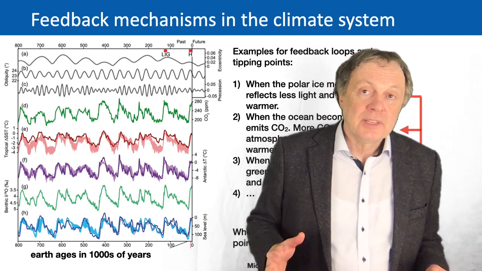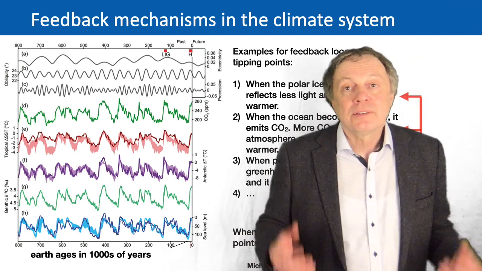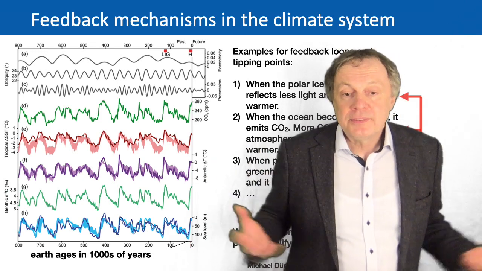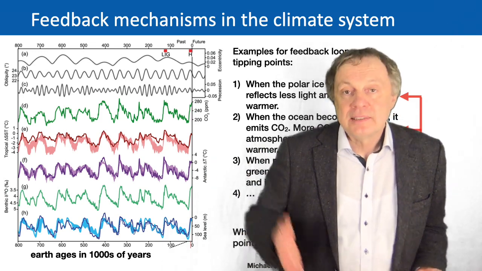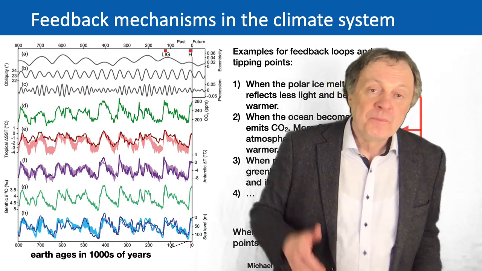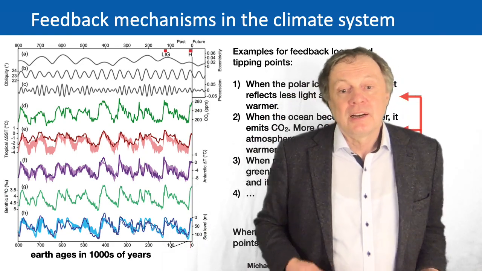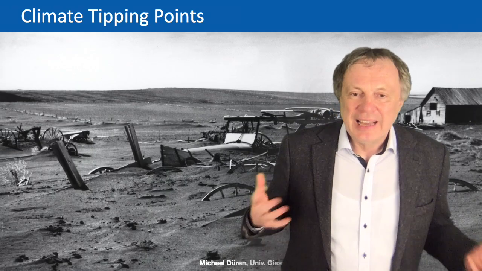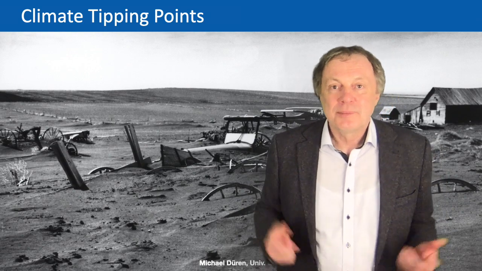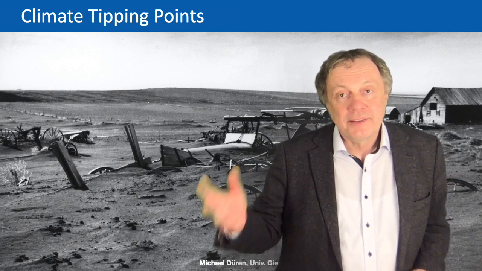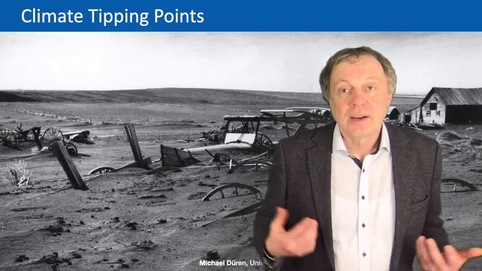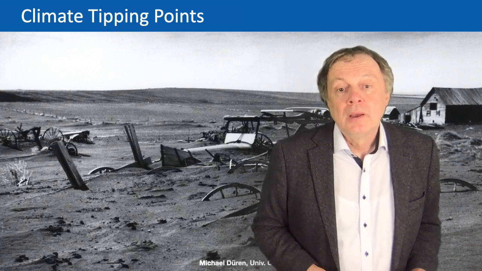Yeah, so these were three examples, and there are a lot more examples which show you that whenever you change something in the climate system, there are a lot of reasons why there's a positive feedback loop. And these feedback loops are the reason why the rise of temperature is so fast, whereas dropping the temperature after 50,000 years is very slow. Now we come already to the end of this small lecture, but I think it was very important, and I've never seen it like that in literature, to argue with time symmetry.